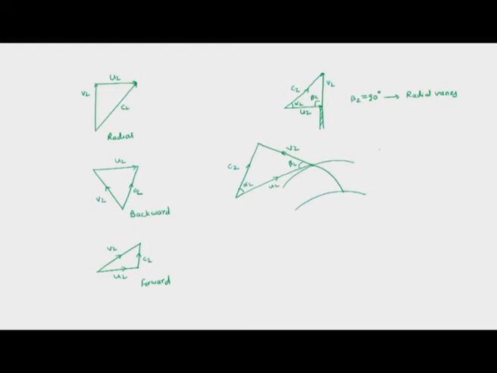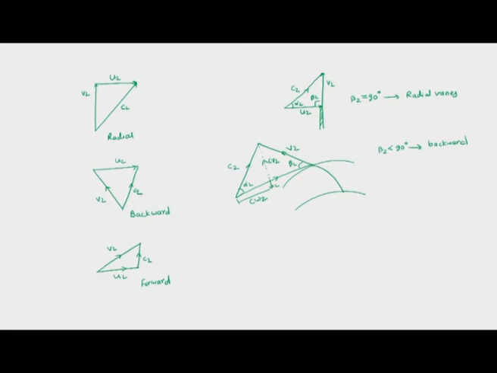So we have beta 2 here less than 90 degree, and then we call it backward facing vanes. But this C2 can be decomposed into two components. One component is CR2 and the other component is CW2. And we had seen that this CW2 is a whirling component, and CR is a radial component, and this whirling component appears in the work input formula for the compressor.